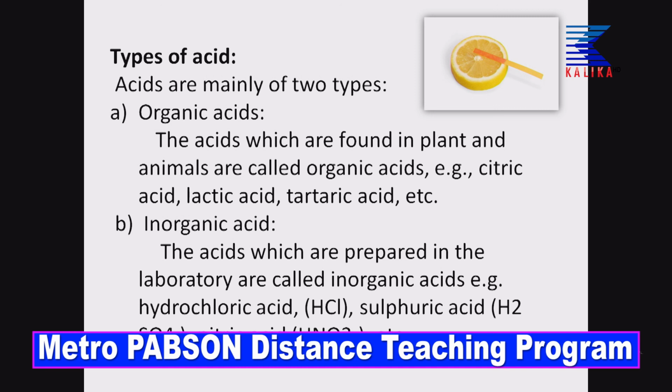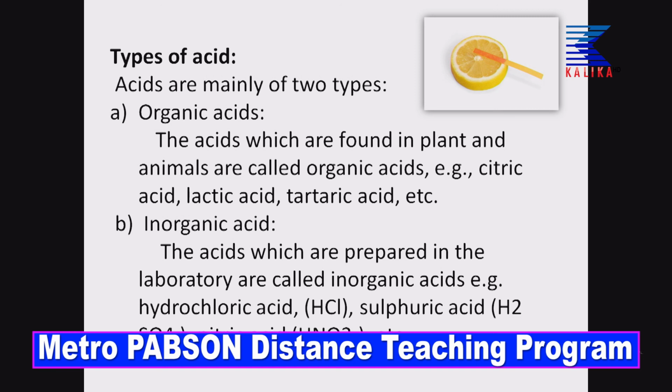Organic acid means obtained from nature. Those acids which are found in plants and animals, obtained from nature and not synthesized in the lab, are called organic acids. Examples: citric acid, the acid found in all types of citrus fruit, lactic acid,